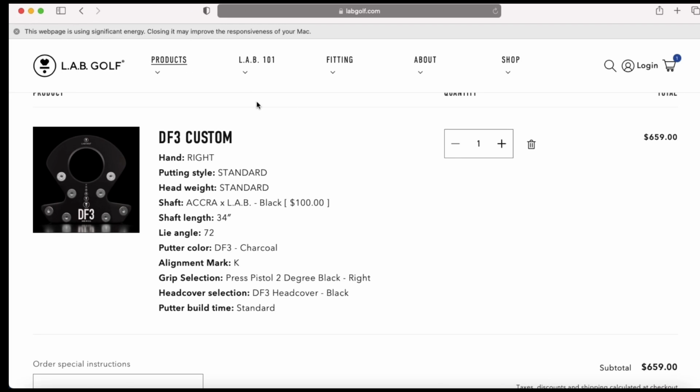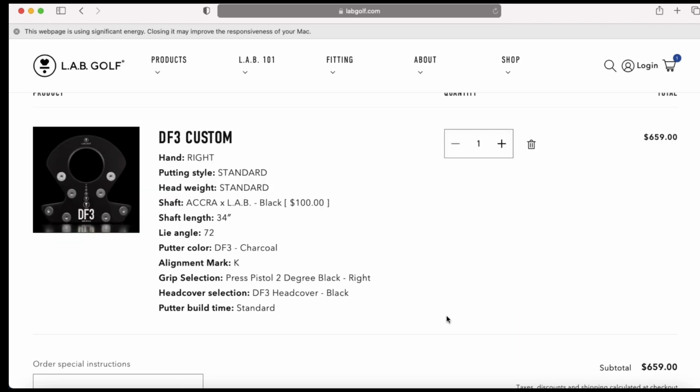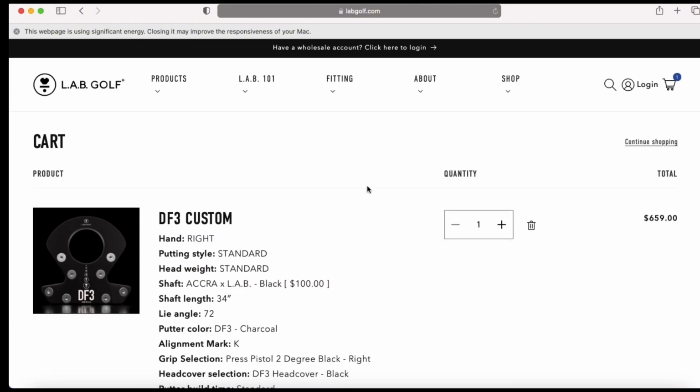Of course, they have other products. They have the Directed Force 2.1, the Link, the Mezz. They got the Oz that they just came out with here. So some other options, but this is just some different things I've had from my experience. It is obviously very expensive. Now, the option that I have almost always used if I'm buying a Lab Golf putter